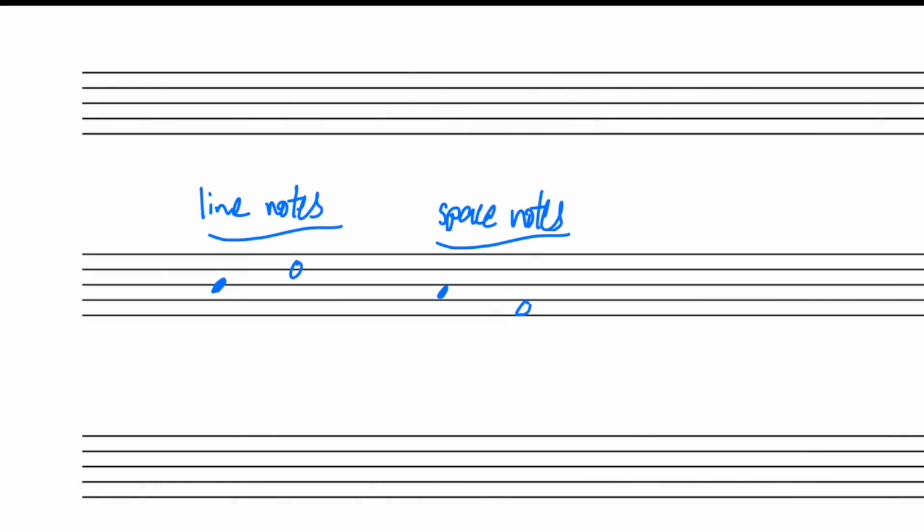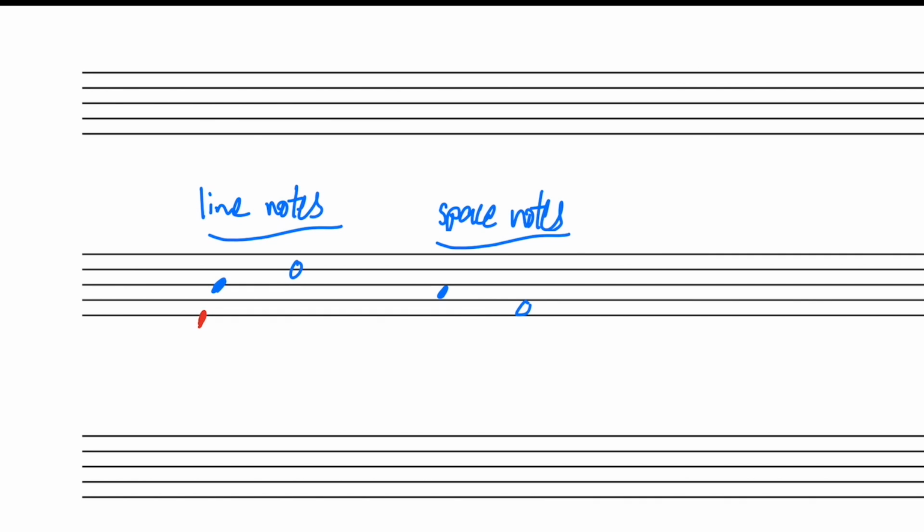So in terms of clarity, I have some examples of note heads on the staff here. You see the line notes, whether they're a filled-in note head or an open note head. Notice how the line really does cut right through the middle of the note head. And in the space note, the note head is fully contained within the space that it's referring to. Okay, and so when we do things this way, then the written pitch will be very, very clear to whomever the reader is.